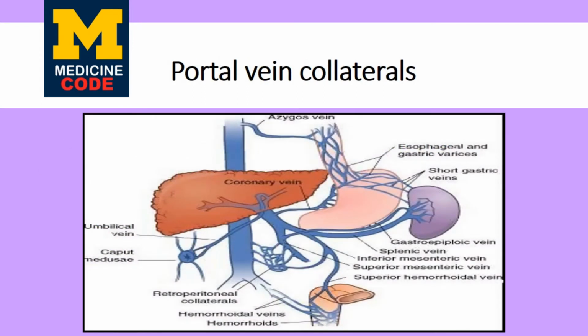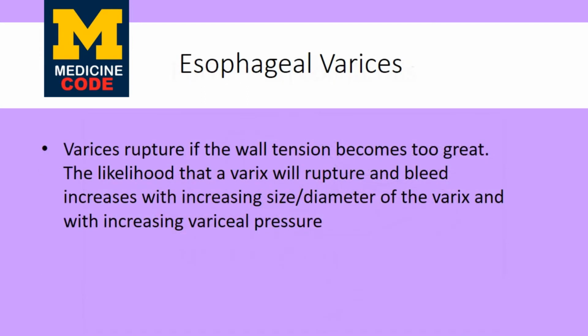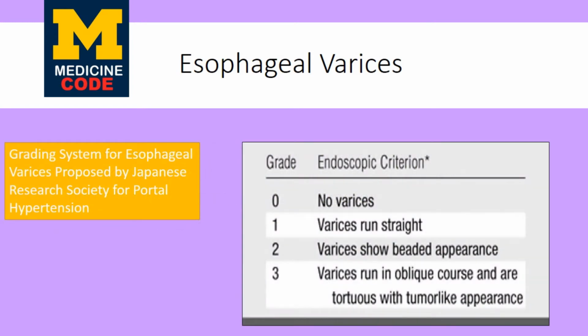Varices rupture if the wall tension becomes too great. The likelihood that a varix will rupture and bleed increases with increasing size or diameter of the varix and with increasing variceal pressure. The grading system for esophageal varices proposed by the Japanese Research Society for Portal Hypertension shows